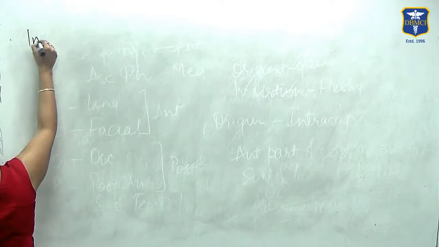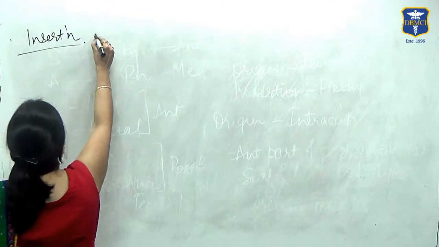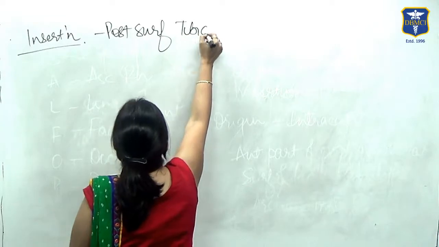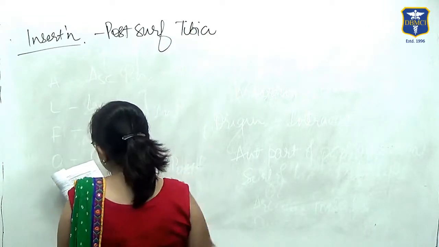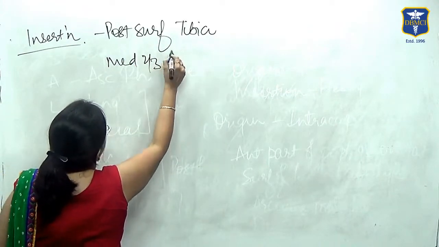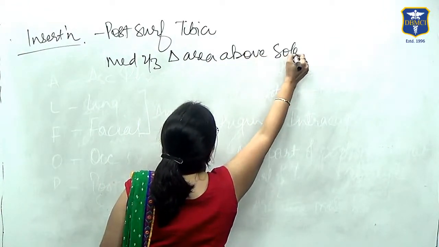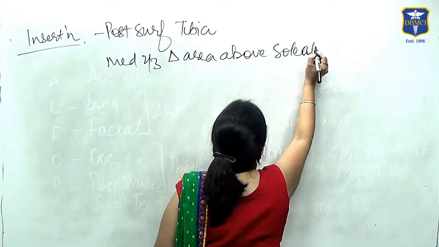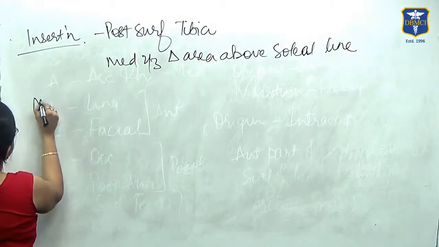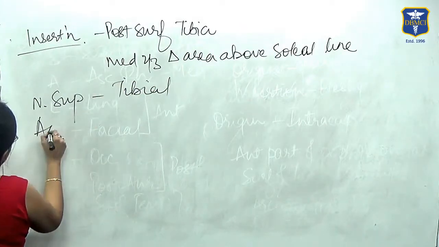The insertion of popliteus is in the posterior surface of the tibia, into the medial two-thirds of the triangular area above the soleal line. Nerve supply is tibial nerve, and the action is